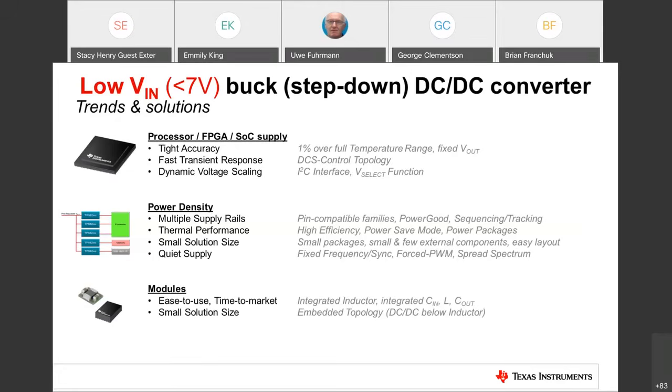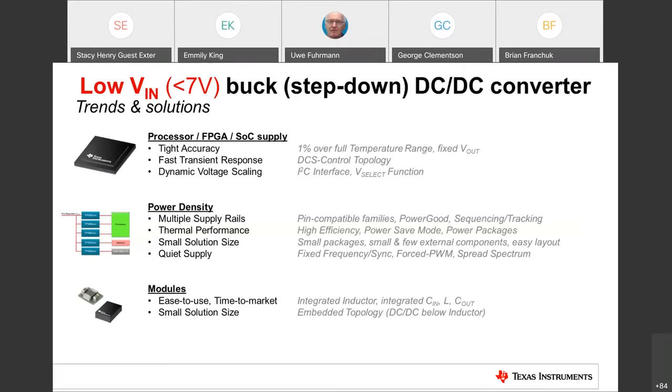Now, besides the core voltage, there are multiple other rails for the memory, for the IOs, and for interface or whatever. So you see very often multiple supply rails in your systems. And here, a pin-compatible family approach can be of benefit, because then you just have one layout, one solution, and depending on the current needs, can be a 1 amp, 2 amp, 3 amp, or whatever, you can just exchange very easily between whatever you need in your current system here.